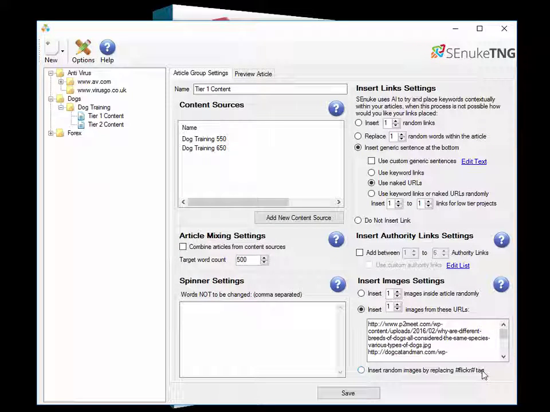All your old articles that you've used on previous campaigns will actually appear here in the article manager. There will be a special section especially for them, and all the systems that we used back then in SeNuke XCR, they will continue to work. However, moving forward, all your new campaigns that you do through the wizard and the turbo wizard, they will be using the articles that are here in the article manager,